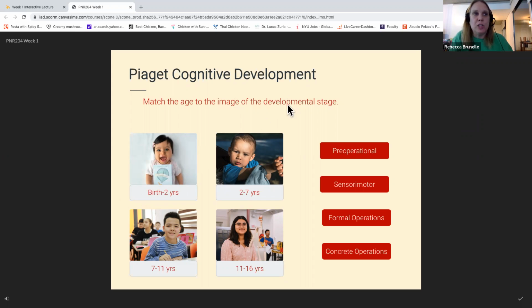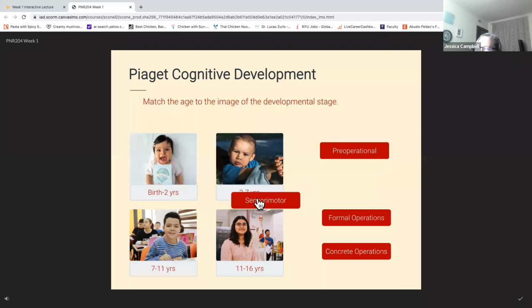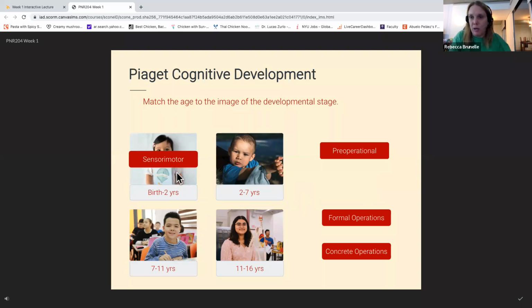So birth to 2 years, what is that? Which one of these 4 stages describes a baby up until age 2? Sensory motor. Yeah, this is your sensory motor. So when you're a baby, you're not talking, but you explore the world a ton. This is really using your mouth, really touching everything. This is your sensory motor stage. And then your 2 to 7-year-old is what